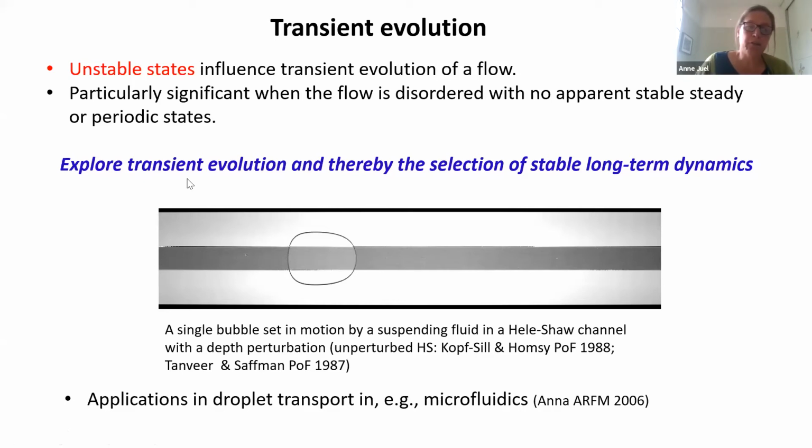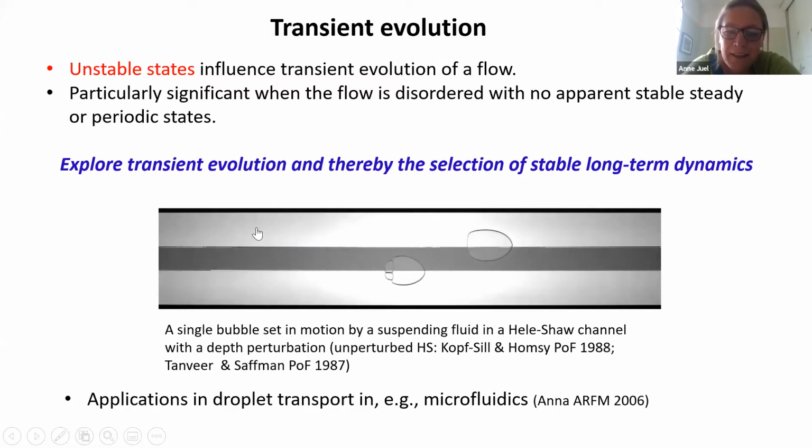So again, I can show you another movie of a bubble, and this is going to do something different than the previous one. Here the bubble breaks into two, and eventually you end up with a long-term state where you have a bubble and a compound bubble that are moving on either side of the channel, each steadily moving, but separating because the leading bubble moves faster than the trailing bubble. Okay, so